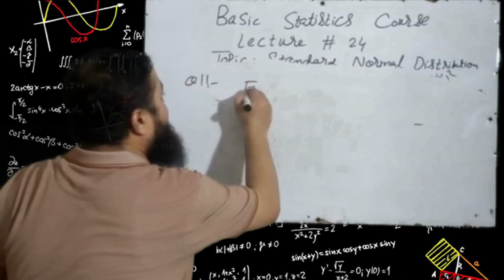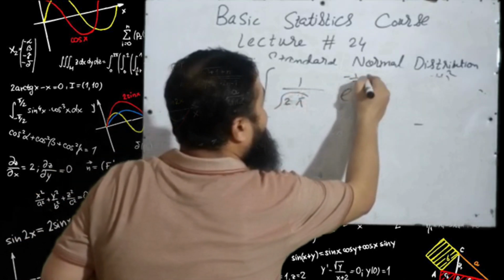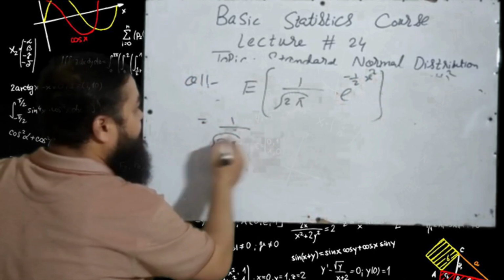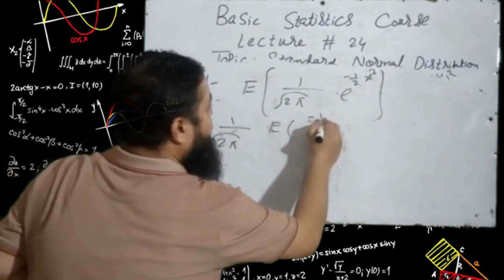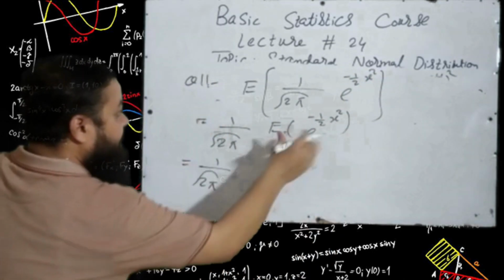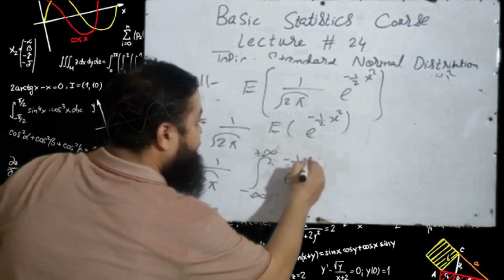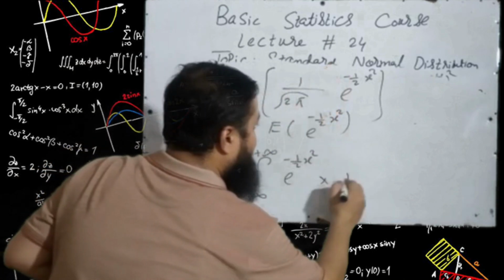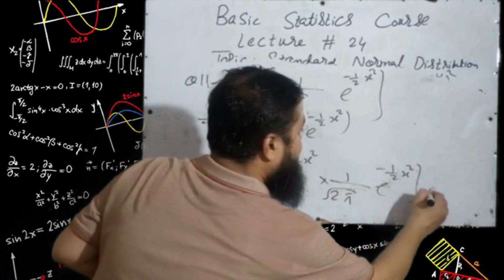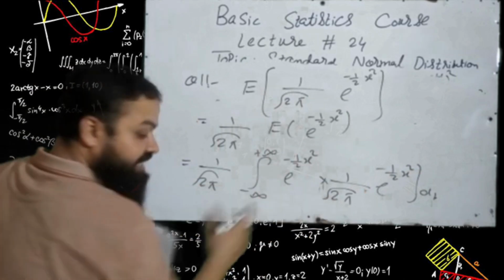We have to calculate the expectation of the PDF, that is 1 over root 2 pi, e raised to power minus 1 over 2 x square. That constant 1 over root 2 pi will be outside. Expectation will be applied on the variable, e raised to power minus x square over 2. Now we know 1 over root 2 pi, integral from minus infinity to plus infinity, this much into p of x. P of x is this. Multiply 1 over root 2 pi, e raised to power minus 1 over 2 x square dx. That constant will be outside, and 1 ones are 1. That root will be cancelled.